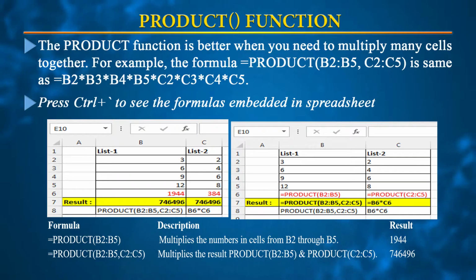Likewise, if I choose the formula =PRODUCT(B2:B5,C2:C5), I am choosing the numbers in the range B2 to B5 and C2 to C5, and this is equivalent to the formula B2*B3*B4*B5*C2*C3*C4*C5.